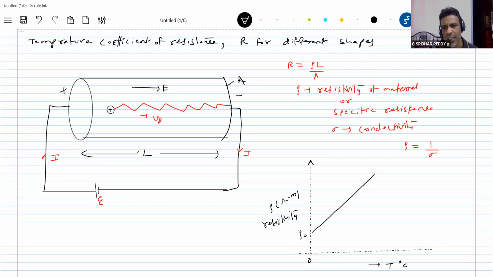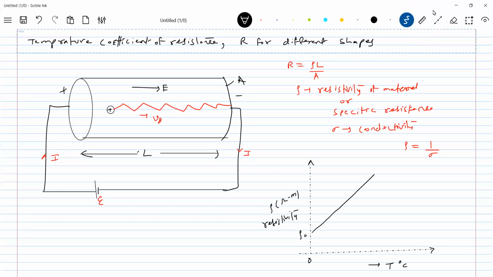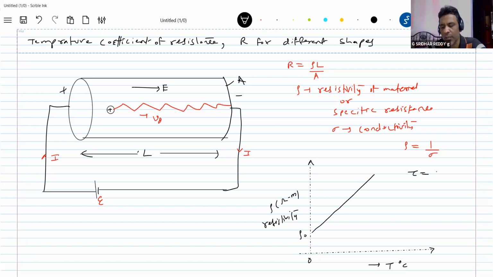So what actually is resistivity? The resistivity itself depends on tau and eta. If you can recollect the formula, if you go back to the basic thing, we derived an expression for the resistivity of the material. I'll get you back the equation. Tau is equal to the mass of the electron by eta rho eta q square, this one. So this is what that eta is.